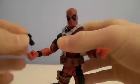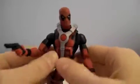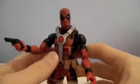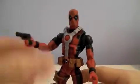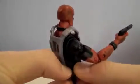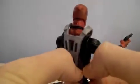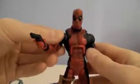Okay, and then to go off of the belt accessory, when I first got the figure, I was thinking, oh man, I wish the belt was able to come off, because it's a little loose on it, and it kind of goes like this a lot, which I don't like. I didn't know that there was this little clip in the back here, on the pouch, that connects to another part. Basically just unclip that, lift this up over his head, take it off like so, and you've got the Deadpool without